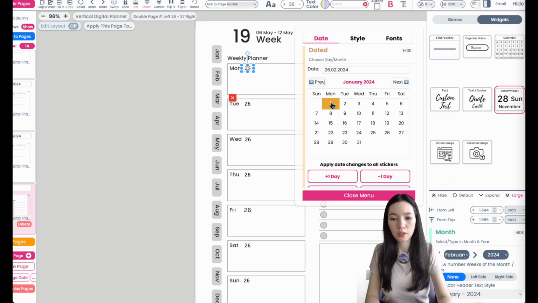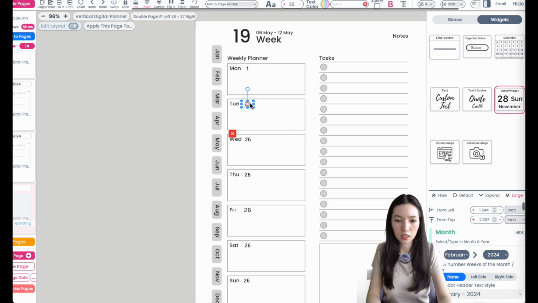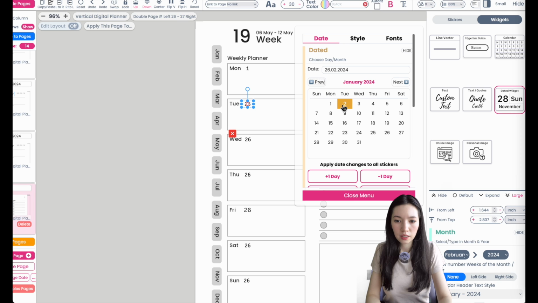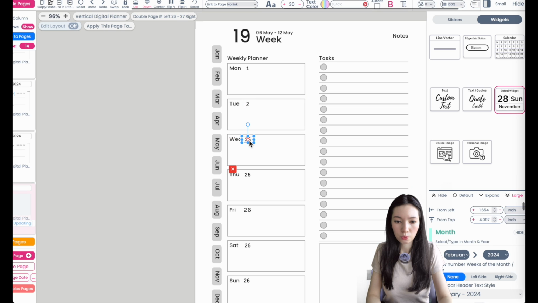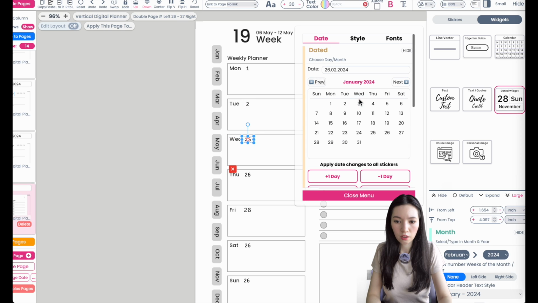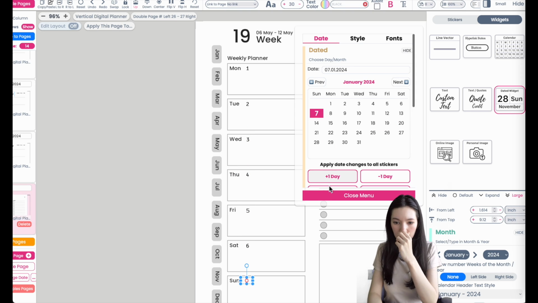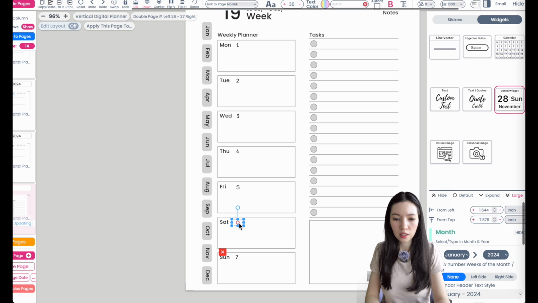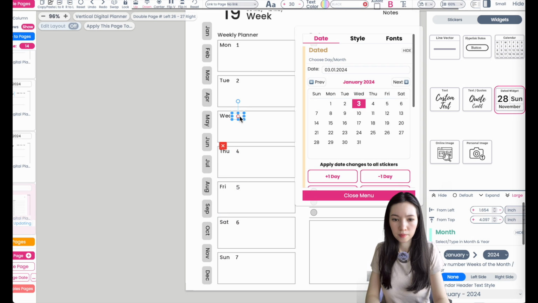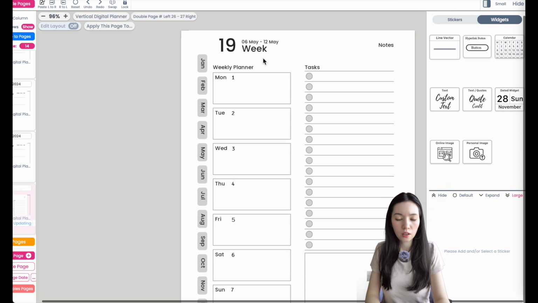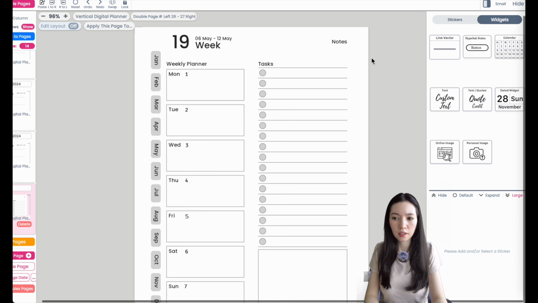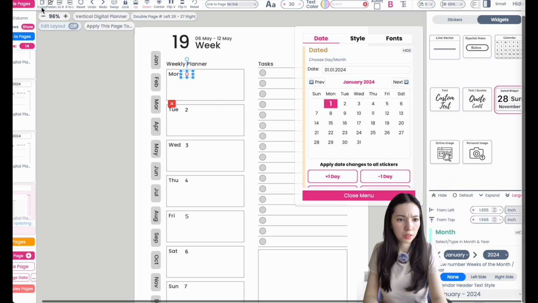So select the month you want to start it in. I'll set it to January 1st. Next one, January 2nd. Next one, January 3rd, all the way down. Okay, just check again if everything is correct. All is correct, and then up here let's add in another date flag, or let's just copy this one, paste